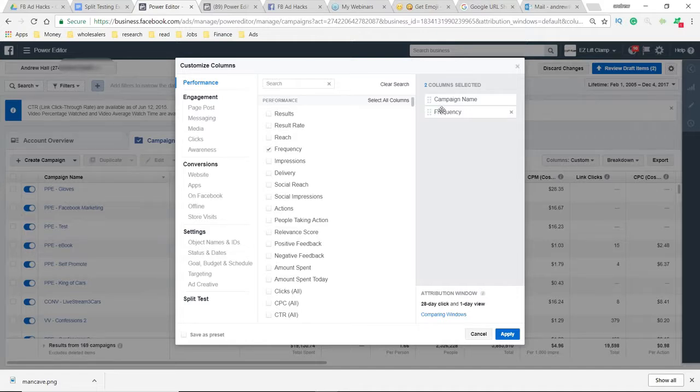So frequency is 1. Try to stay under about 1.4. Your ad will start getting tired when you're at 1.4 or higher. We use "tired," but that means that people are seeing it more than once. Now, I've had ads that are at 1.6 and still make money. But once you get to 1.4, sometimes you're paying a little bit too much, and it's almost better to